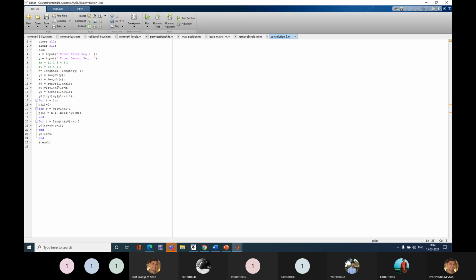I do this because I don't know the exact output sequence, but I know its length. So I use a zeros vector with the size 1 comma n plus x1.